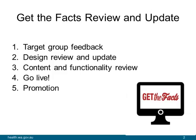So, I'm sure many of you have seen the Get the Facts website at some point, but for those of you who haven't, Get the Facts is a website that provides young people with information on sexual health and relationships, young people aged between around 12 to 17. So it was and still is a very well-functioning website